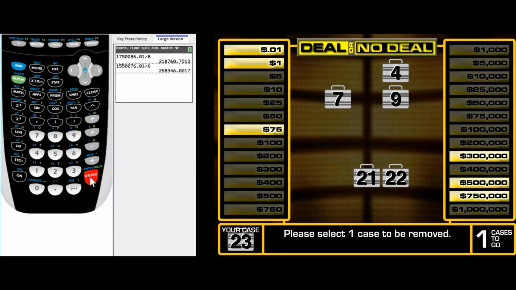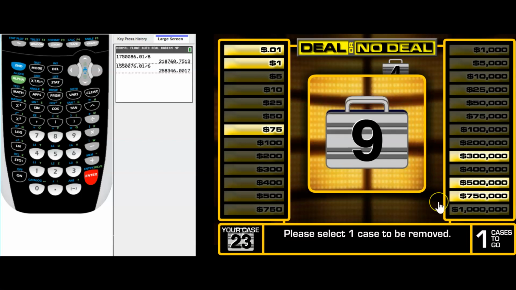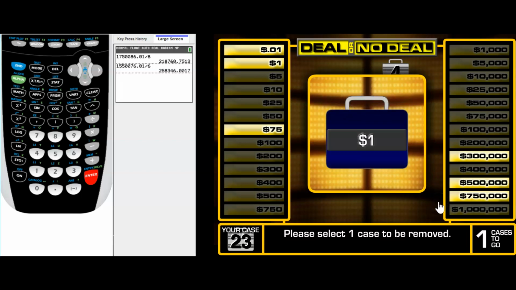So their offer is still not as good as what's theoretically expected if we played this game a very large number of times from this point all the way to the end. So again, I think that that's justification for continuing in this game. Also, just due to the fact that we've got 3 of our 6 cases that are either 300,000 or higher. So let's keep going, and this time eliminate a single case. I'm going to eliminate case 9. There we go. We eliminated $1.